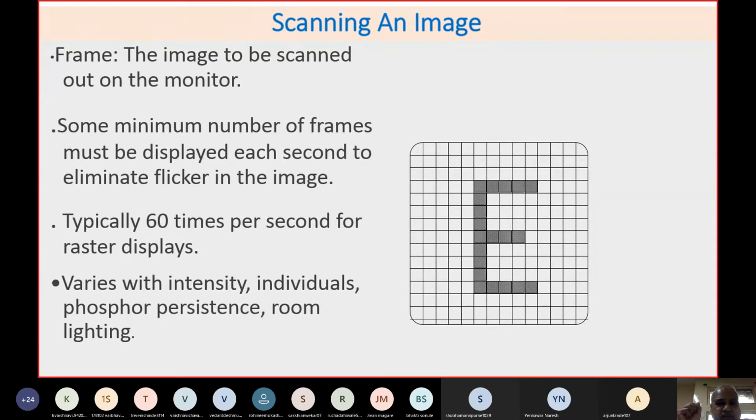Let's go for scanning an image. If you look at a black and white monitor, you will find there are 25 rows and 80 columns. Now you have worked on C programming, right? Whenever you work in C programming with a DOS based display, that is the character display, on screen you can have 80 characters in one line, as well as 24 characters on a vertical line.